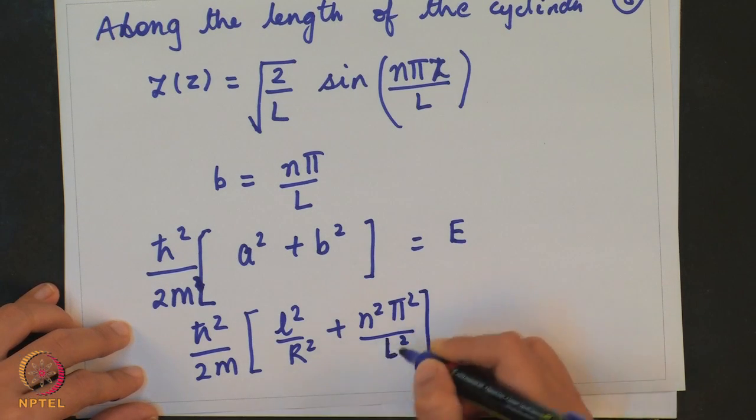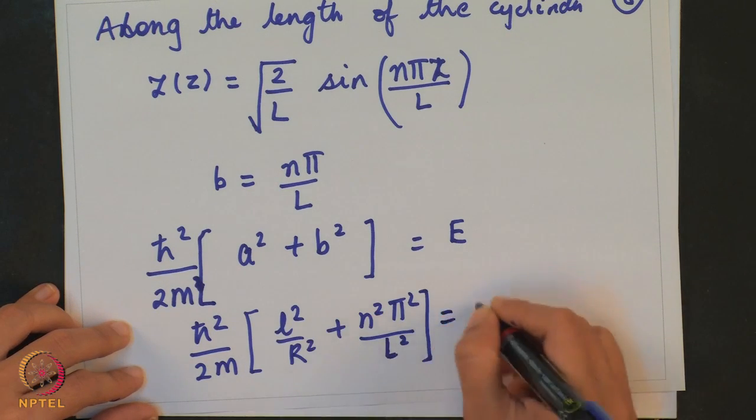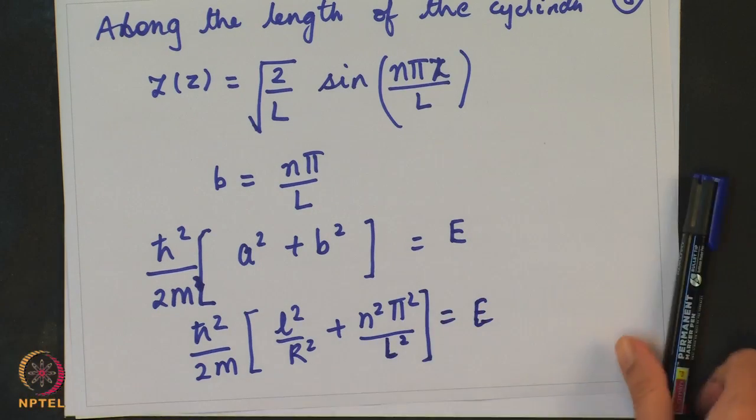This is a capital L, this is a small l, remember. So, this is the energy eigenvalue